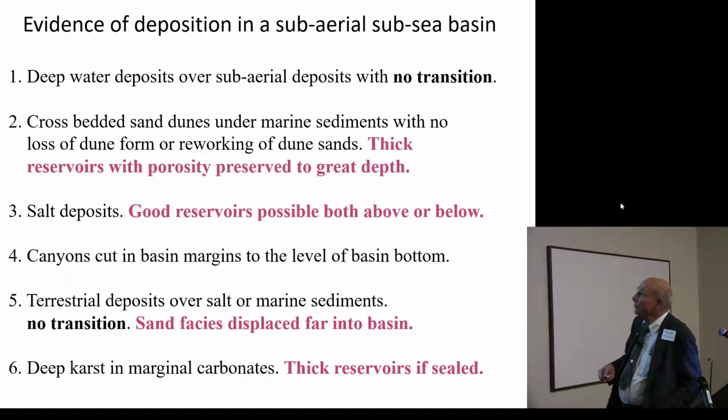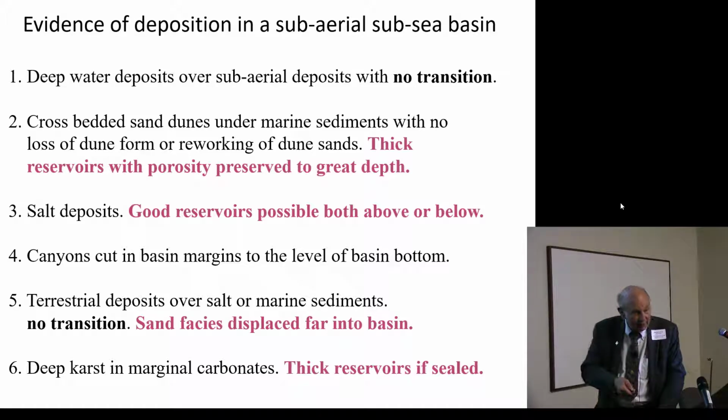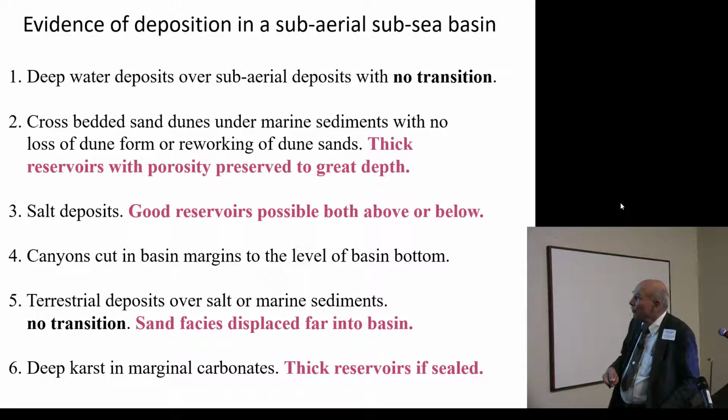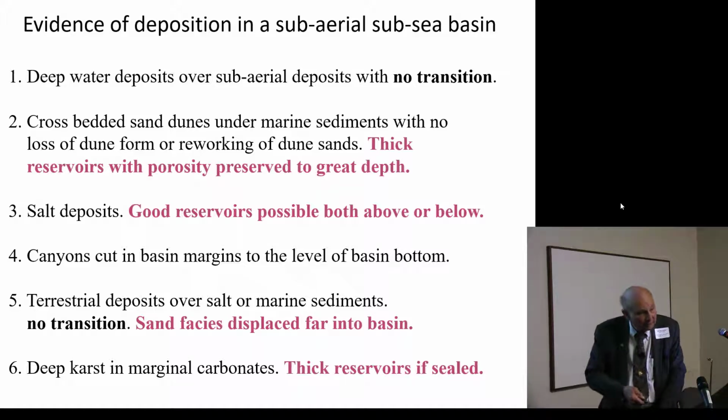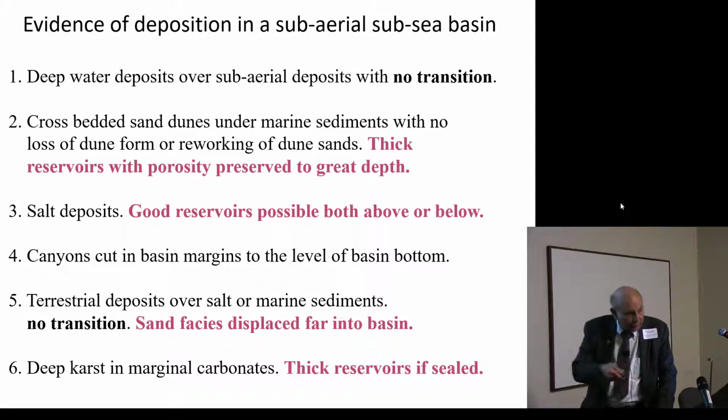What is the evidence of deposition in a subaerial basin below sea level? Well, for one thing, we have deep water deposits over subaerial deposits with no transition. This is very important, no transition. Cross-bedded sand dunes under the marine sediments with no loss of dune form. No loss. The dunes are still there, and they are not reworked. You get thick reservoirs with porosity preserved to great depths. And then you have salt deposits, and sometimes the salt deposits are above the spreading center, and so this is the beginning of one of these great big super basins, because you get 2 levels of production,